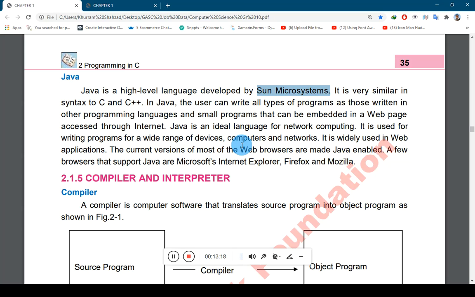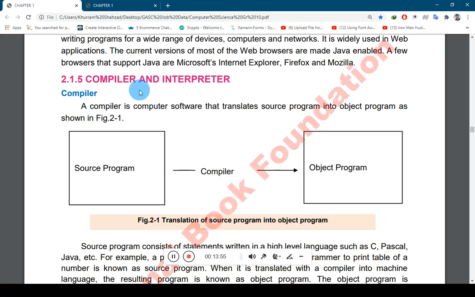So there should be a translator which will translate the languages for you. If you hire an English translator, your language will be converted into English for that person, and their language is converted to the Urdu version by the translator. So the translator helps you translate the languages. In the computer system, we also have a translator which is used to convert high level languages into low level languages for the computer, and low level languages to high level languages for the human being. This software is named compiler and interpreter.